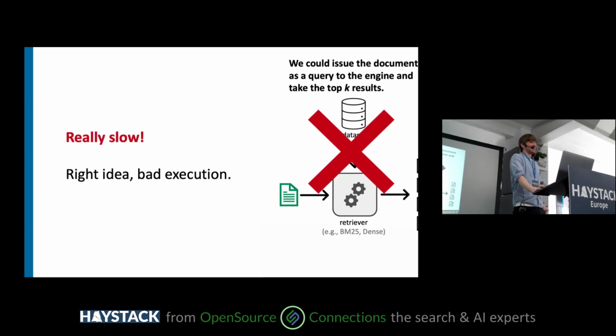This is a really, really bad idea. It's really slow. You don't want to have to actually look up your document, maybe even encode it as a new query and execute it against the engine, all that. Really bad, really slow. That's a terrible idea. It won't be practical in the slightest. But it is still the right idea, at least in my opinion, because you're able to leverage the information that you get from this document and say, I want documents that are along this line. I think this is a really good result, but what are the other good ones there?